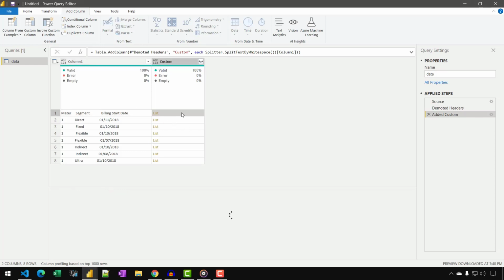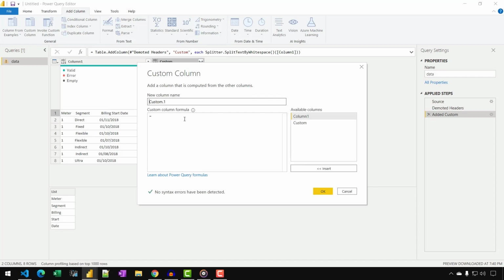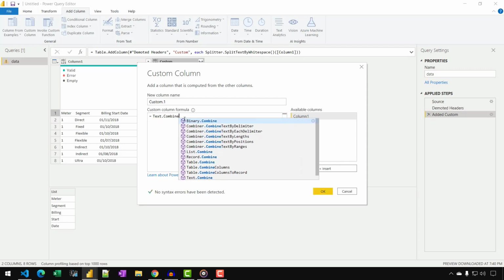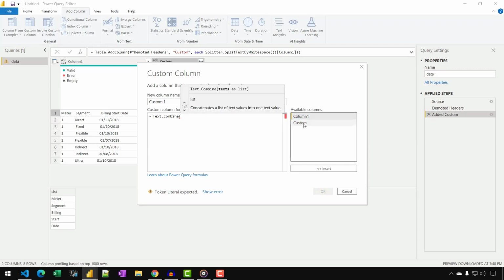The next thing to do is create a concatenation of all those values that we have available in this list, and we are going to do that for all of the lists on the screen. So I need to create a new custom column, and I'm not going to pay attention to the name this time either. All I need to write is Text.Combine, and I need to pass in as a parameter my previous custom column, and I need to specify a delimiter, and I'm going to use a tilde.